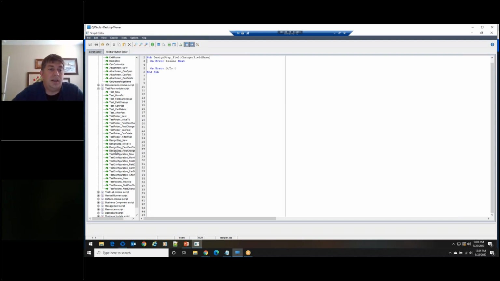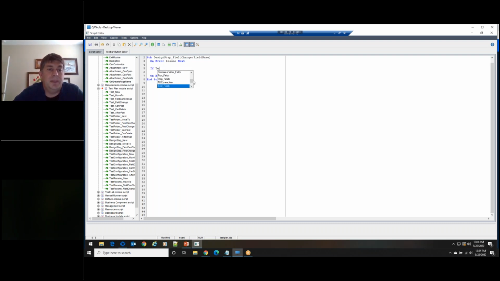All you have to do is click on the event that you want, and it automatically pre-fills your editor with the sub function for that event, which is perfectly what we need. At this point, we're just going to do a simple If, and I'm going to start typing test.